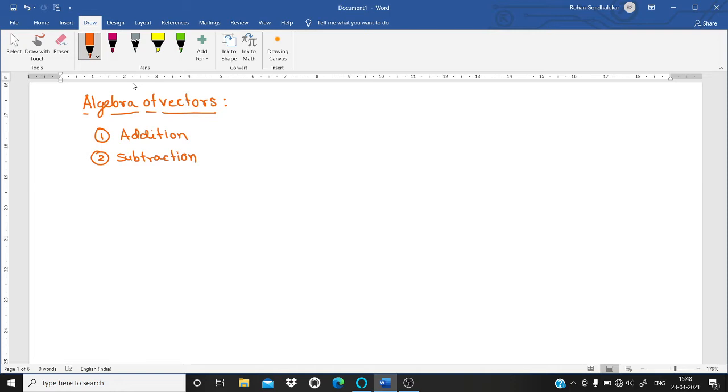And vector addition follows the following rules. Even the scalar multiplication also follows these rules. Mainly, I'm just going to list out the rules here. The first rule is if I'm taking the addition of two vectors, u plus v, which is the same as v plus u. That means the vectors are commutative. Another one is the vector addition is associative. Suppose I have three vectors and I have added them like u plus v plus w, then it can be written as u plus (v plus w).